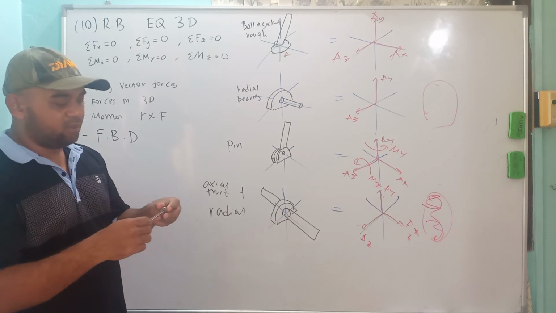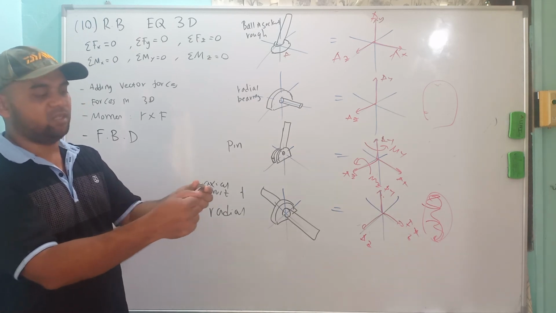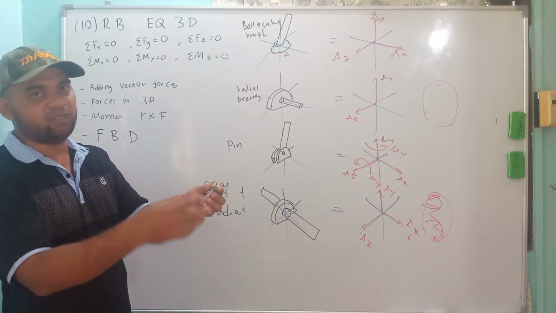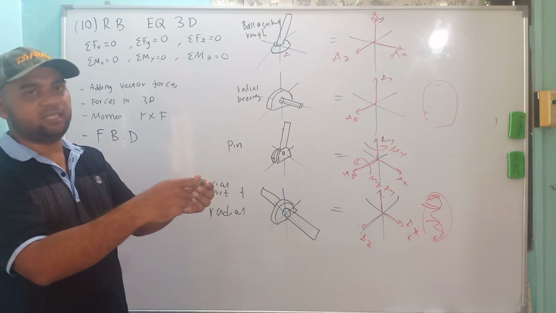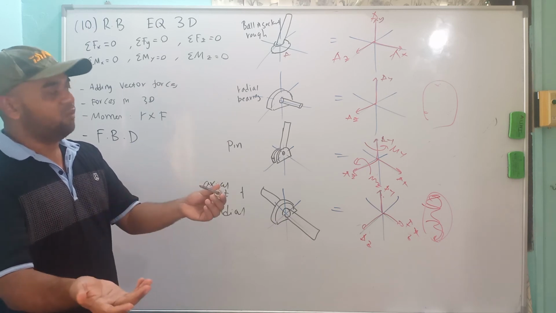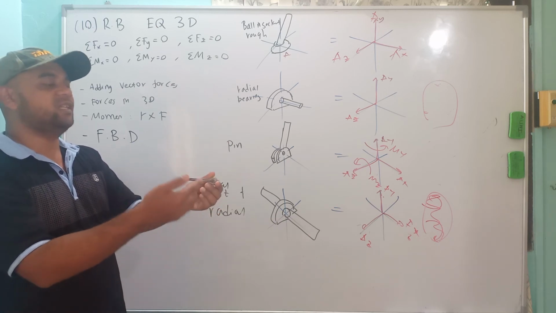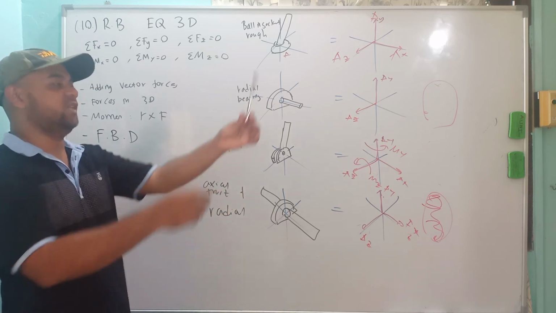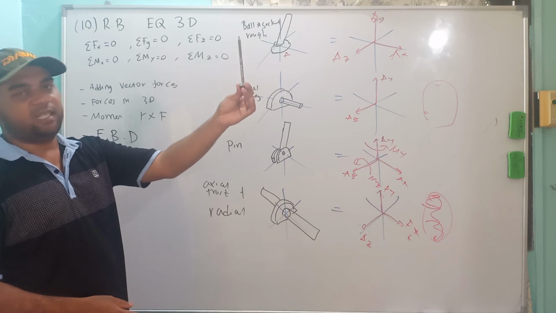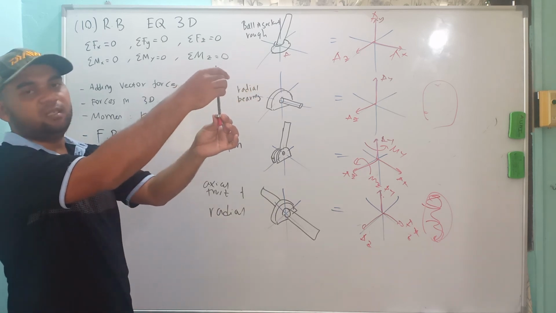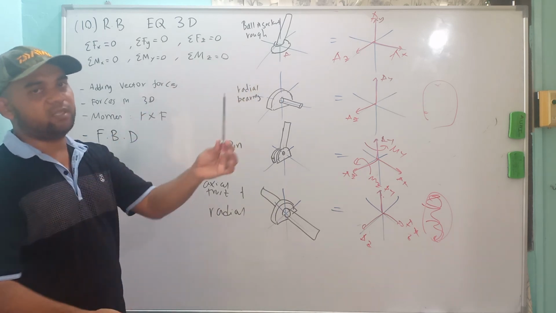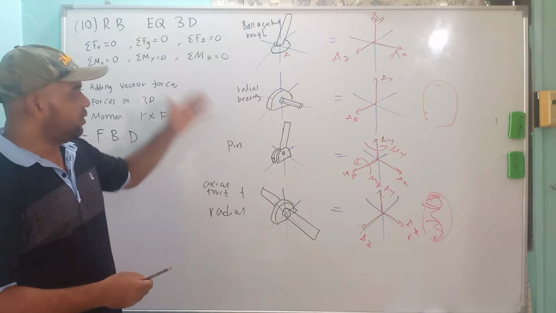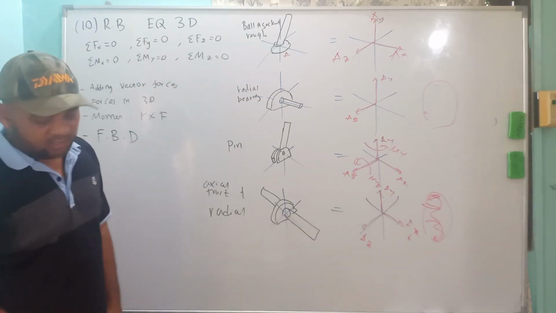In any case, you will not have any moment in x because it is free to rotate. This is the purpose of the bearing, the free rotation in the x direction. When I say it is x, if the figure shows z, you just put z. It doesn't matter. If the bearing is held in this direction, so it is in y, then there is no moment in y. So it depends on the figure. Okay, that's all for reaction force.